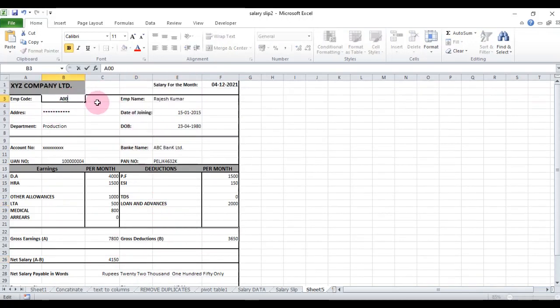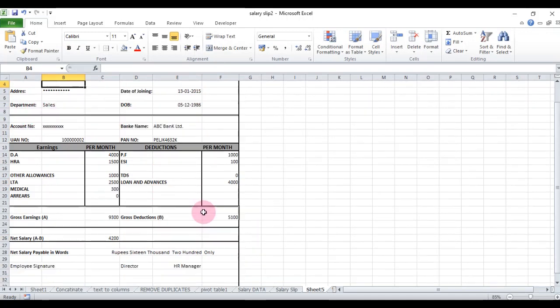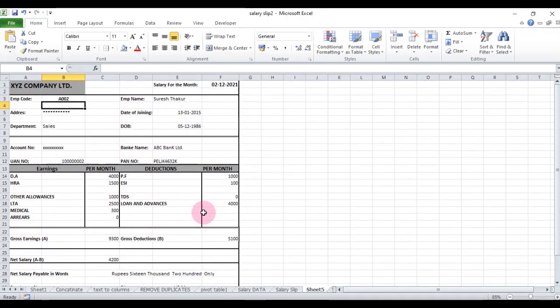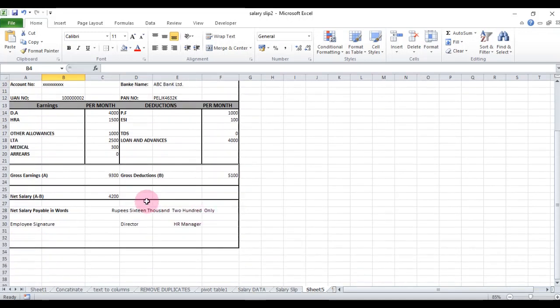We can type 2, you can see the sheet is working properly. Here I am using conversion of the amount into words.